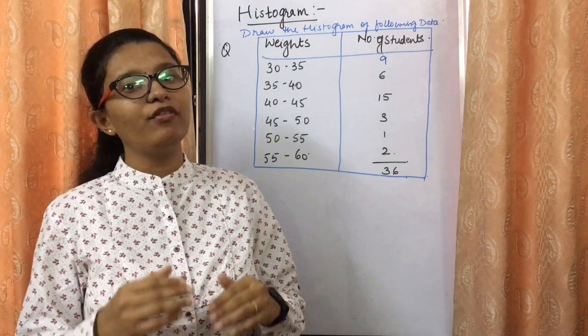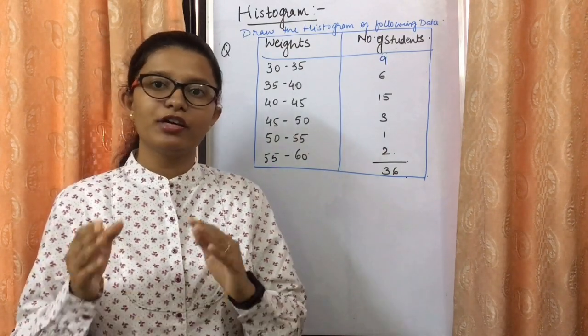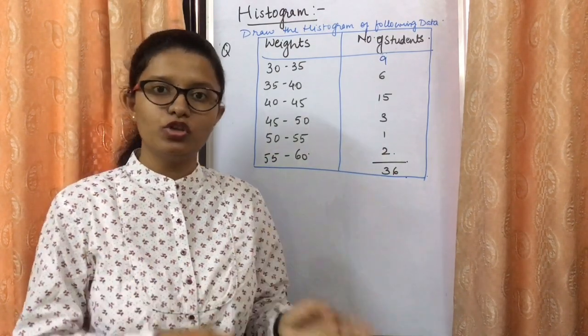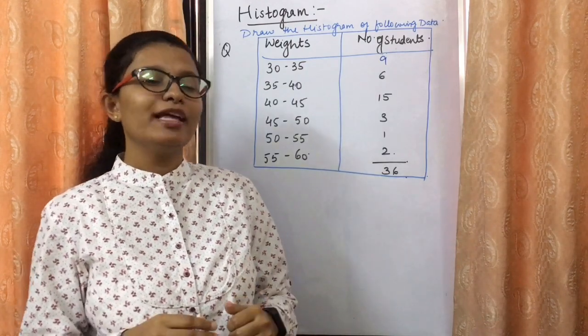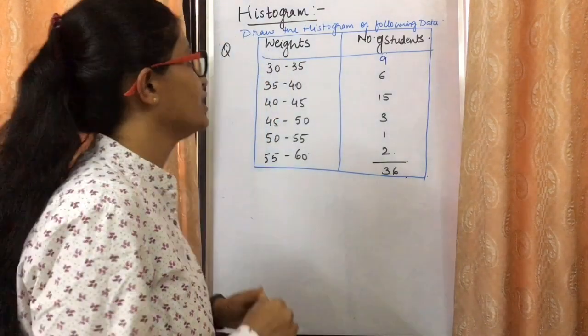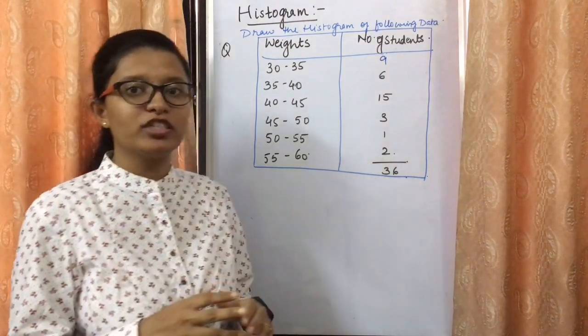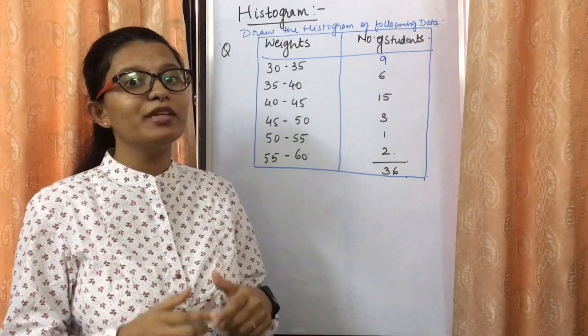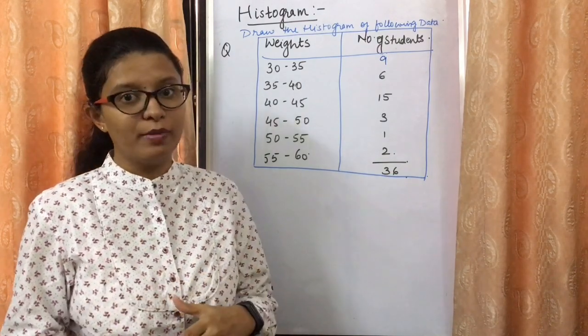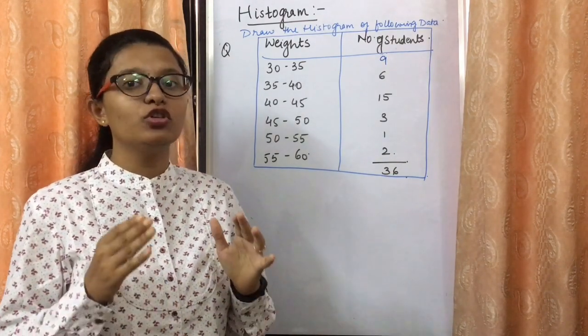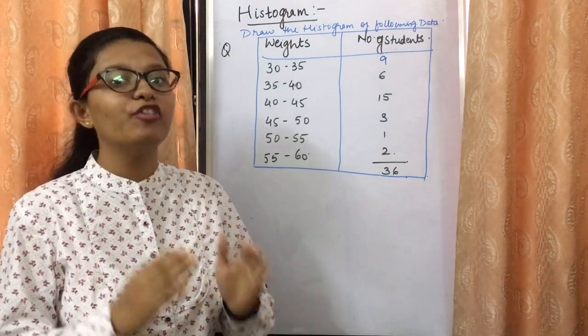So basically we have three representations for graphical representation, which I told you in the last video itself. So let's have a look at a graphical representation here. Here is a question, and the main thing which I need to explain to you is what is the difference between a bar graph and a histogram. That is the main important thing. First we should know how they differ.